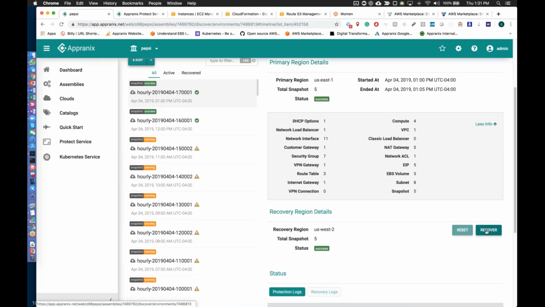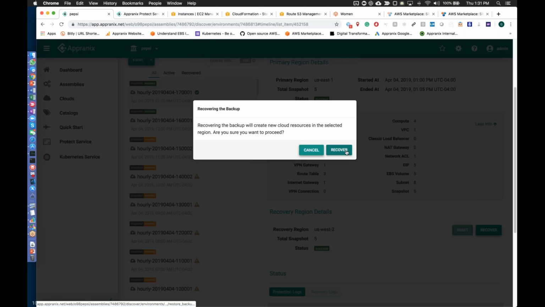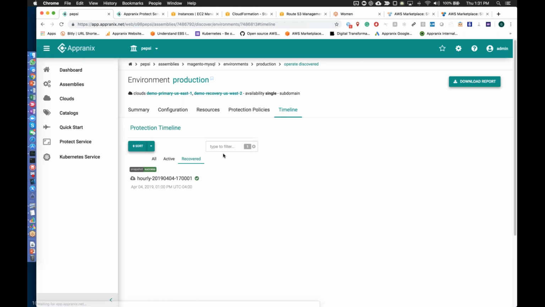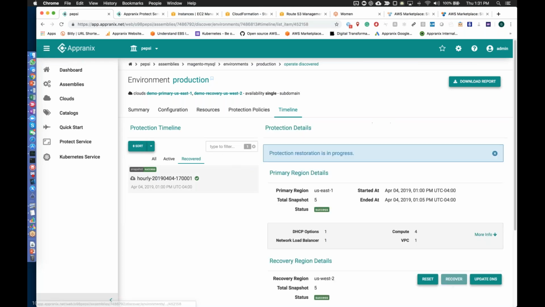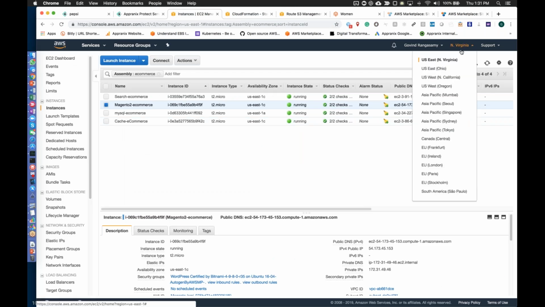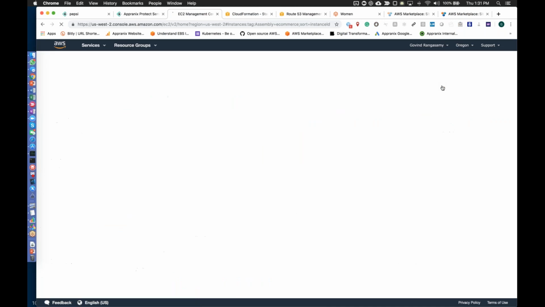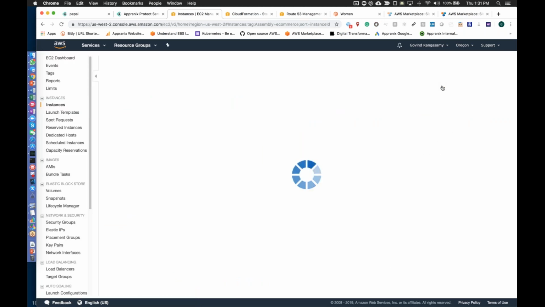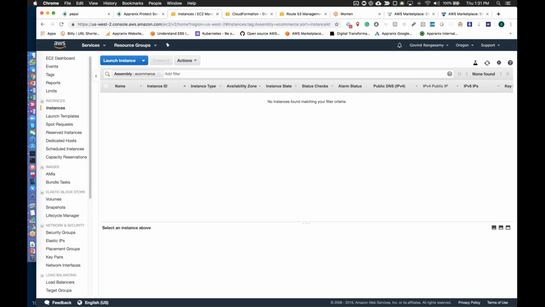So here I'll go and hit recover, because the system will recover in the secondary region. In this particular case, I configured the Oregon region to be recovered. So think about recovering the entire thing in the second region across the US. Again, all native AWS capabilities.